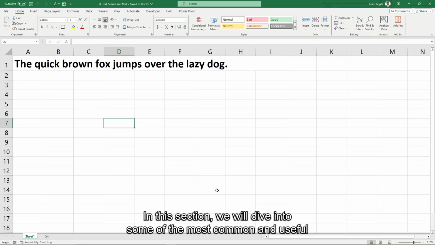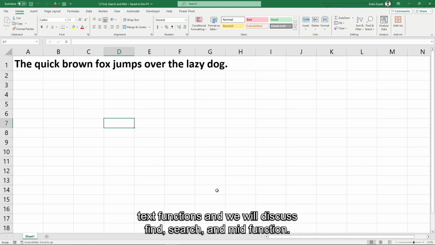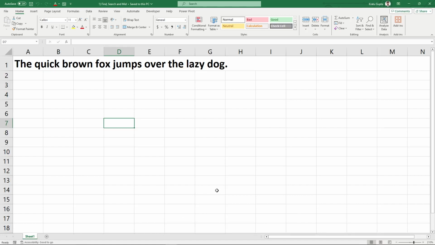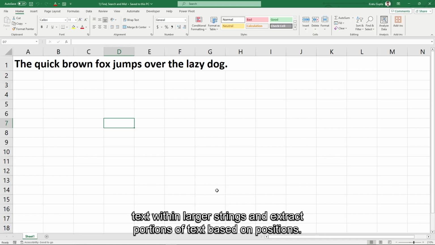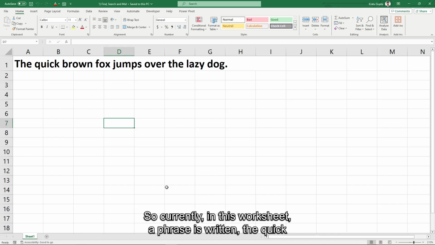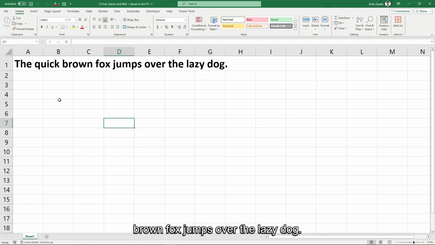In this section, we will dive into some of the most common and useful text functions, and we will discuss find, search, and mid function. All these functions are powerful tools that allow us to locate specific text within larger strings and extract portions of text based on positions. So currently, in this worksheet, a phrase is written: the quick brown fox jumps over the